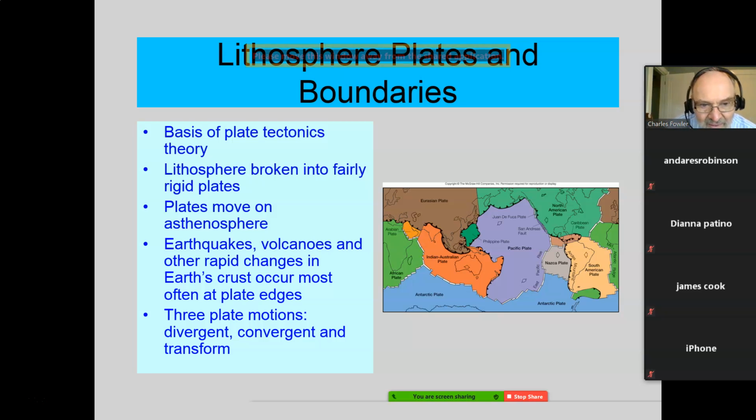Now, let's move on south from there. Pacific plate over here, which you would think, with the Pacific Ocean being the biggest ocean in the world, that would be the biggest plate, and it is probably pretty close to it. But you see the Nazca plate takes up part of the Pacific Ocean here. The Caribbean plate goes across both continents here. There is a tiny little plate up here called the Juan de Fuca plate.